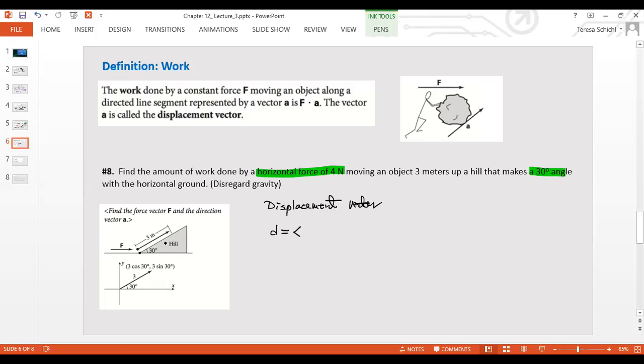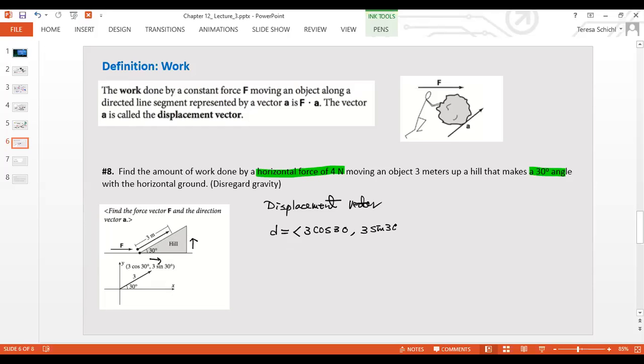Cosine 30 equals the X coordinate over the hypotenuse, so the X coordinate will be 3 times cosine 30. In the same way, the Y coordinate will be 3 times